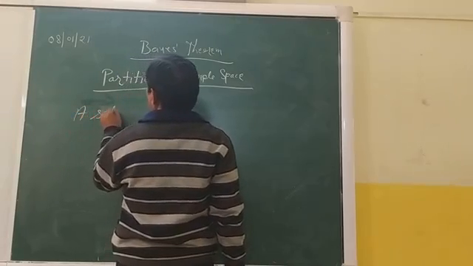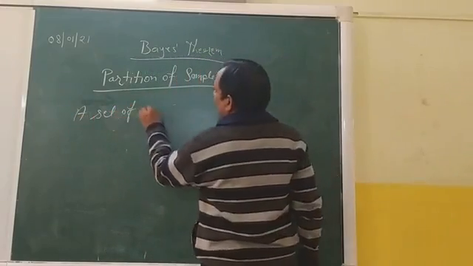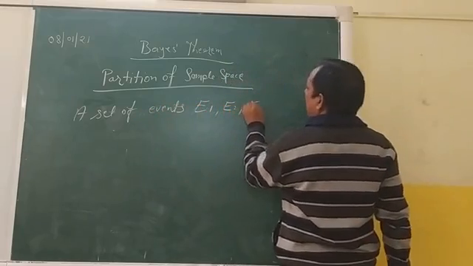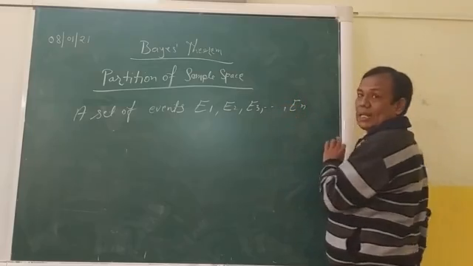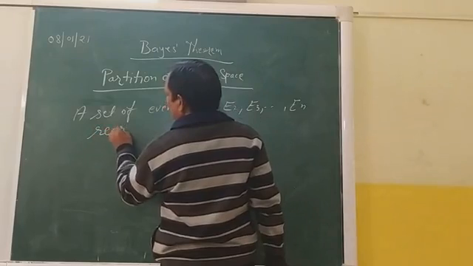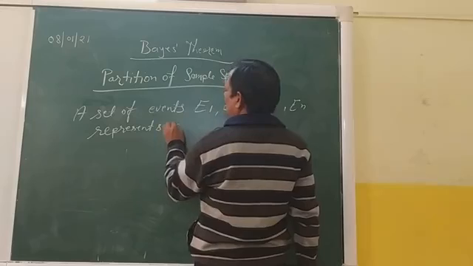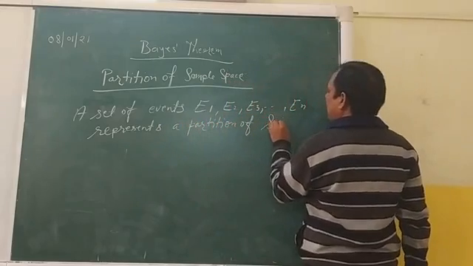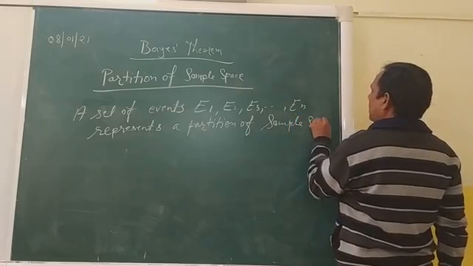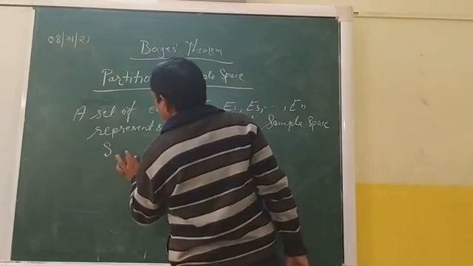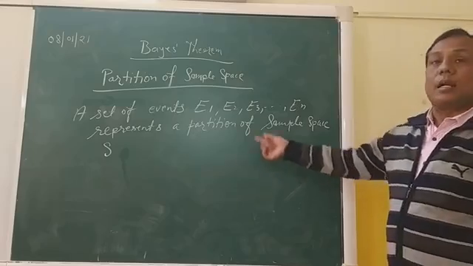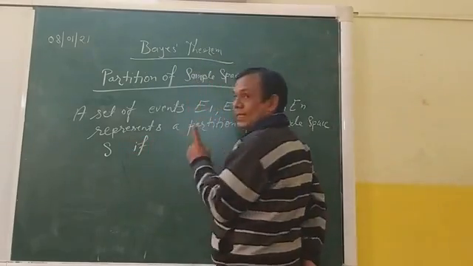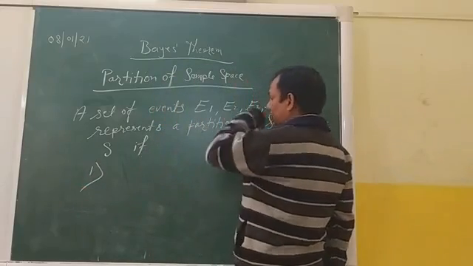A set of events E1, E2, E3 up to En represents a partition of sample space if three conditions hold. Condition number one is that